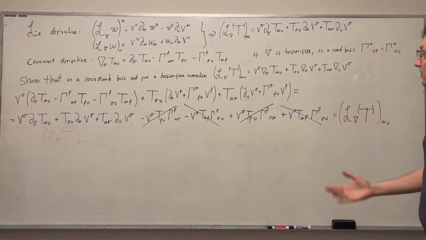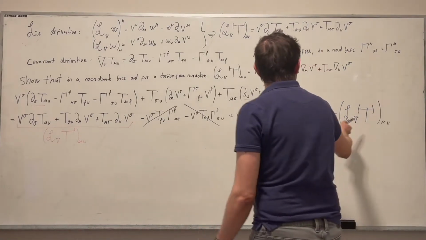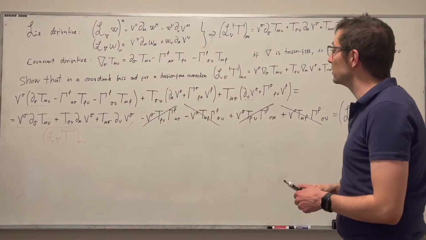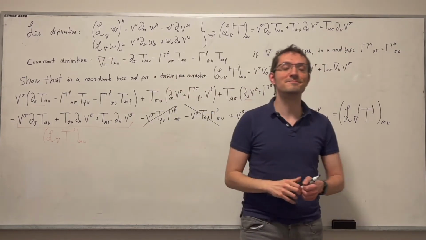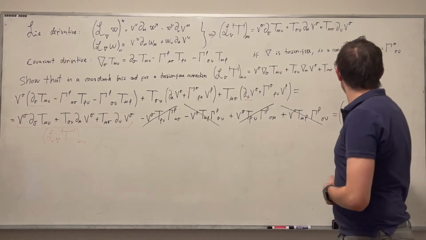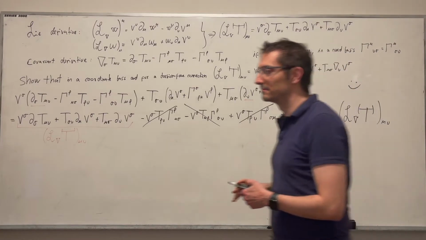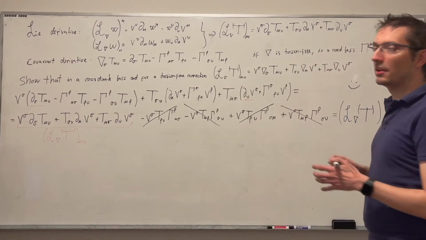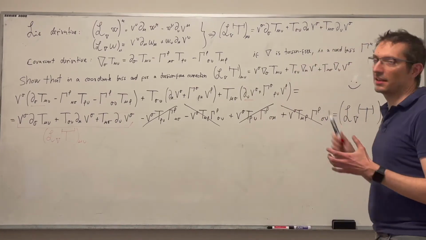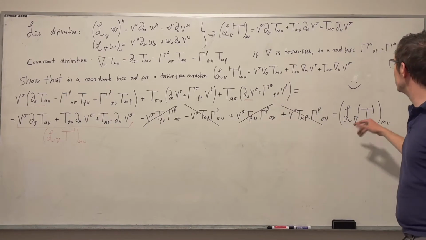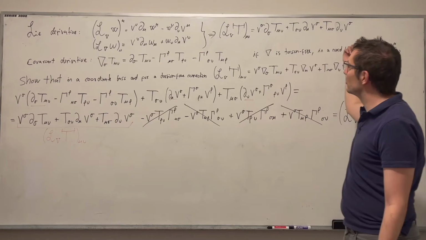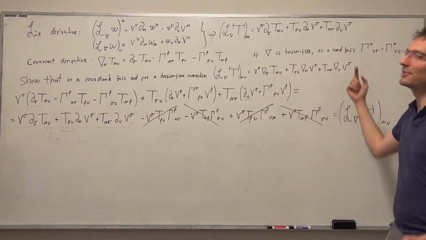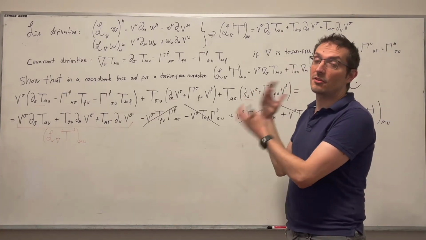So we proved what we wanted to prove: that the Lie derivative, when we have a torsion-free connection in a coordinate basis, I can express with this expression. Wonderful, identity proved. I used a coordinate basis to make the calculations easier, but this identity is a tensorial identity. When we have a torsion-free connection, the Lie derivative of a tensor can be expressed, instead of with partial derivatives, with covariant derivatives. This is true for any differentiable manifold,